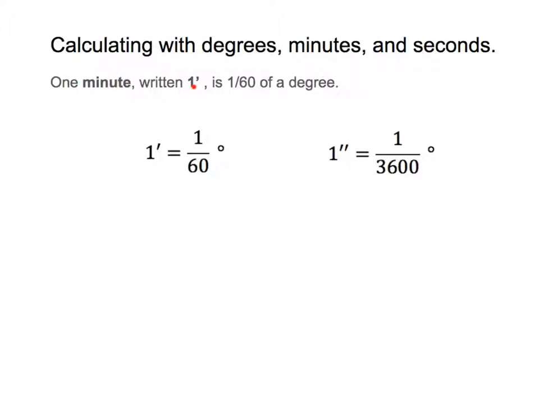1 minute, which is also written as 1 and then this little apostrophe or dash here, represents 1/60th of a degree. So that means that for 1 minute, it's only 1/60th of a degree. So in this case, here's my conversion for 1 minute. Let me grab my pen here. So this is for 1 minute, whereas this one with the 2 dashes is for 1 second. Okay, so 1 second is only